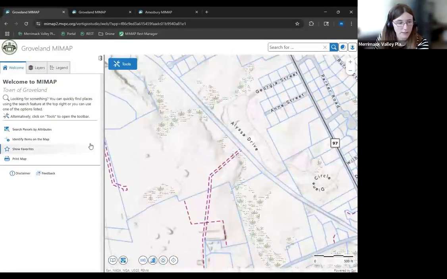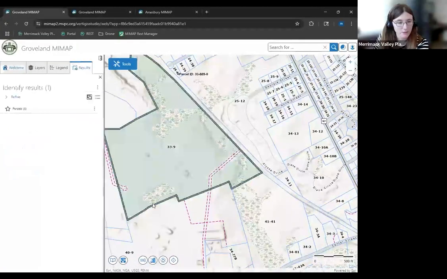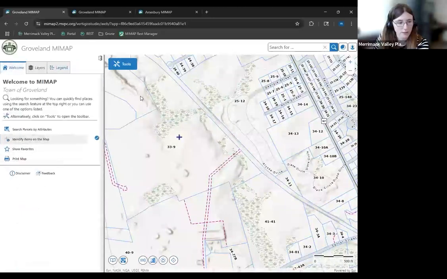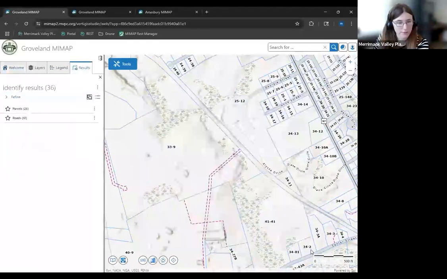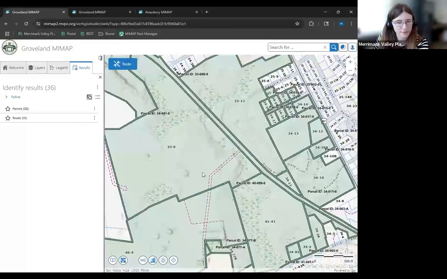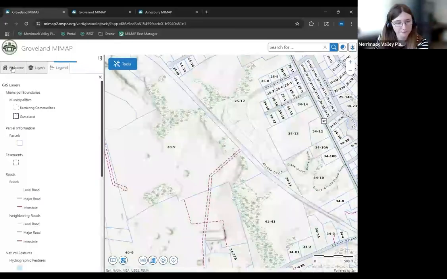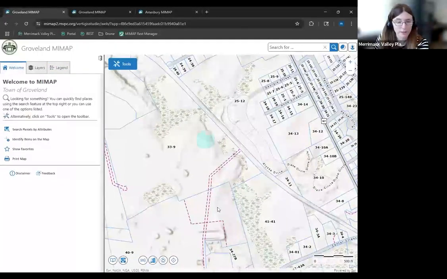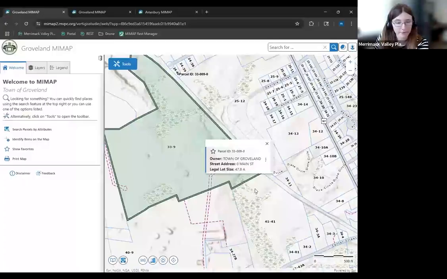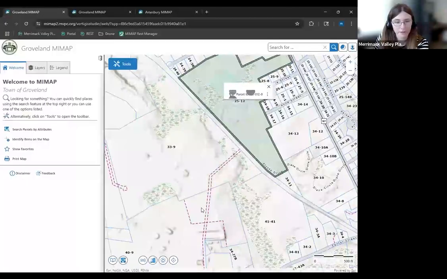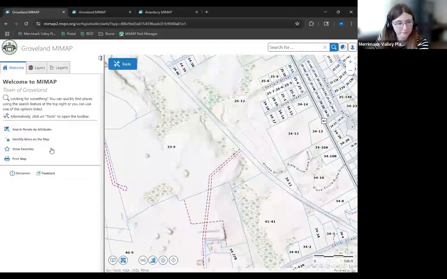So you can either click on identify and click on something to bring up the information, or you can also, I believe, draw a box to select multiple things. Anything that's selectable in your view will be selected. But you can also just click on the map to bring up the little pop-up with information on it wherever you click if it's selectable.